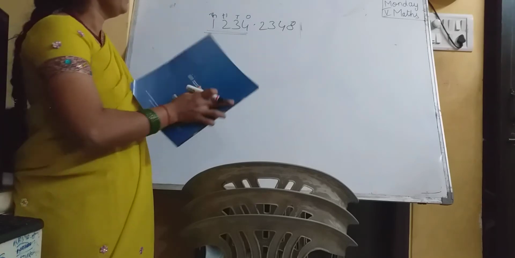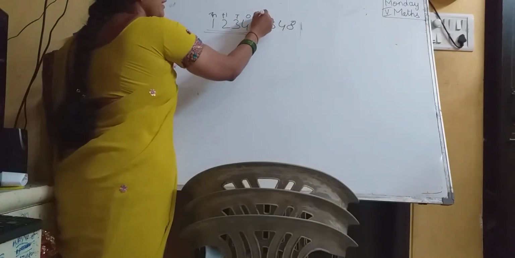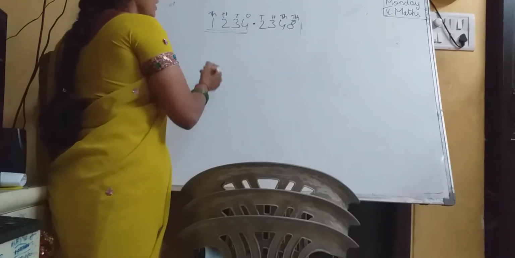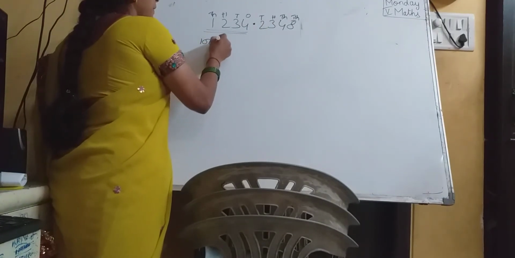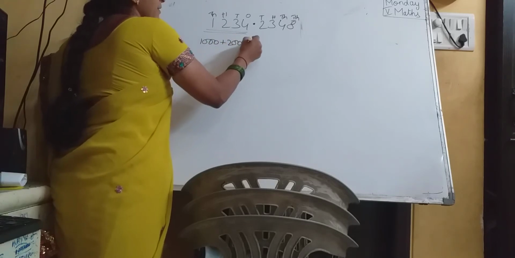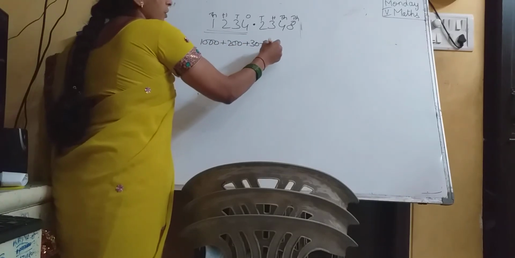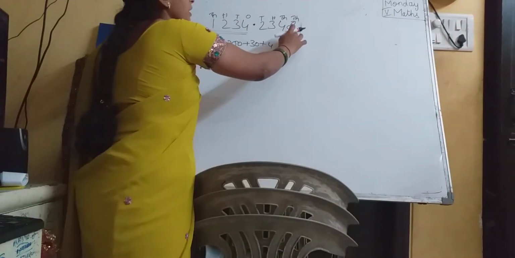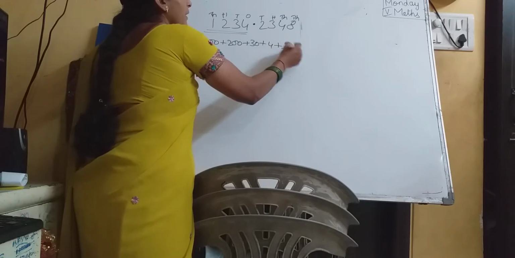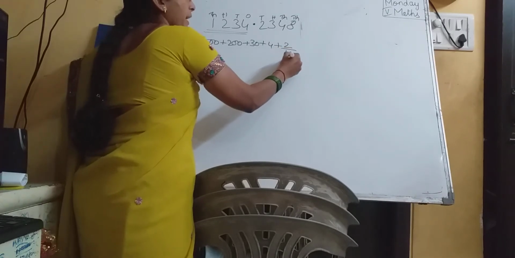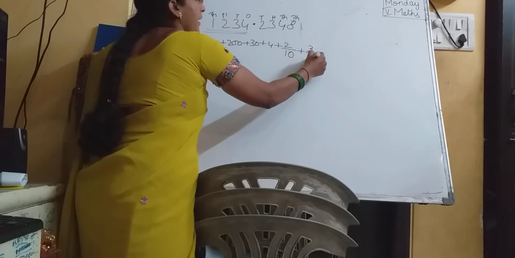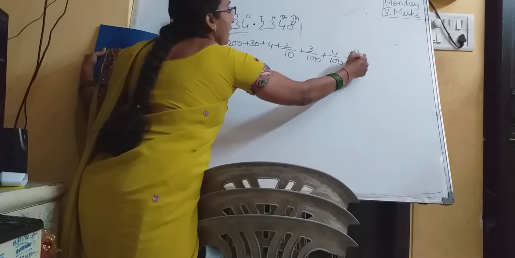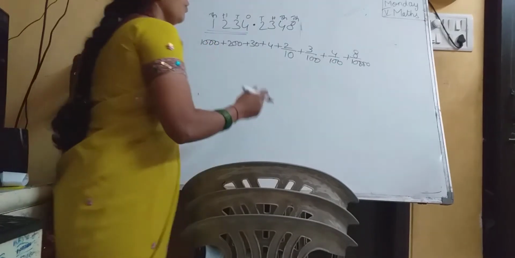This point, think of as ones place. Here 10, here 100, this is 1000 and this is 10,000. Okay, see, this is 1000 plus 200 plus 30 plus 4. Yes, we'll write the expanded form like this. But what about this? This 2 is in the tens place: 2 by 10 plus 3 by 100 plus 4 by 1000 plus 8 by 10,000. Like this, so on we are going to get.